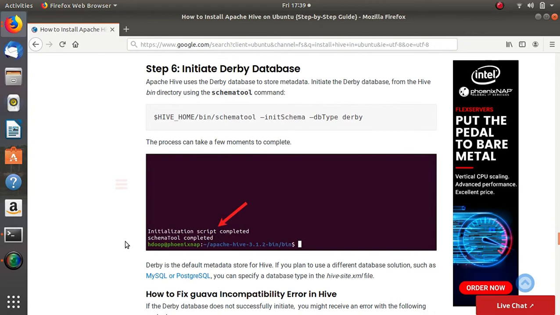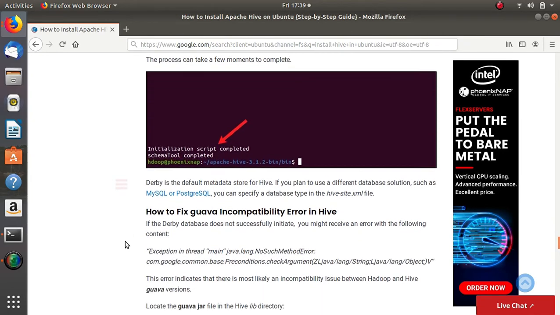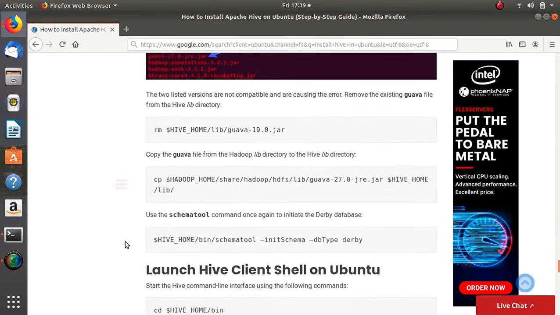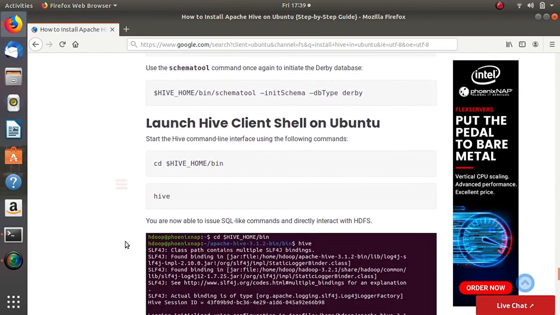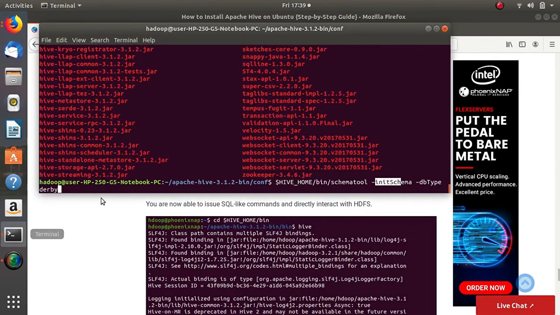So the schema is initiated here, and after that we need to just use the hive command to start the hive shell. So I'm just using the command hive, and make sure that the directory is conf where you are starting the hive.